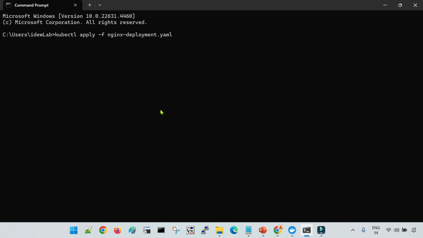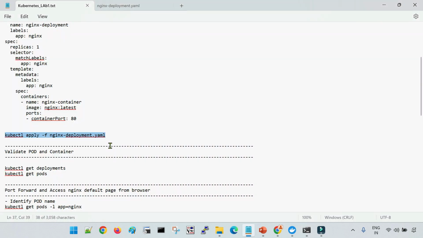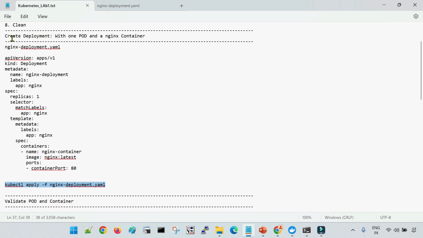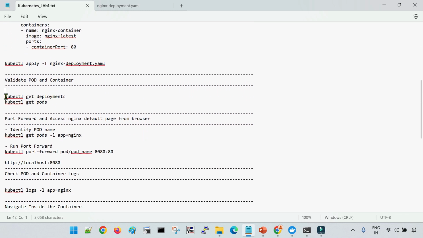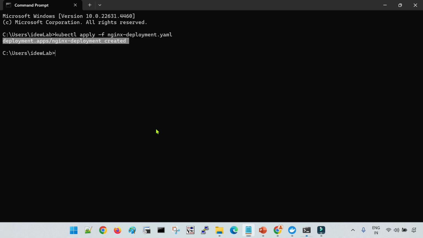So let me run this command. You can see the deployment created, right? The first part is done, where we have created a deployment which contains one pod and one Nginx container. Second, we can verify the deployment and the pod that we have created. So first, to verify the deployment,